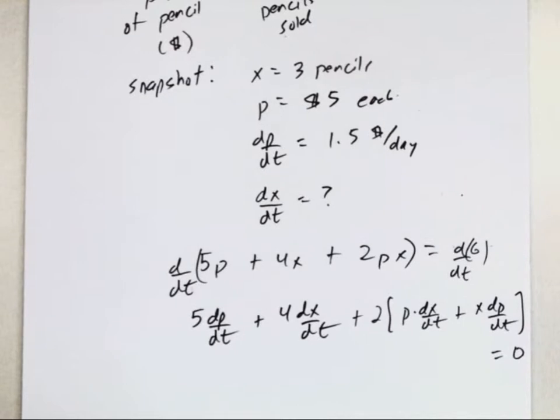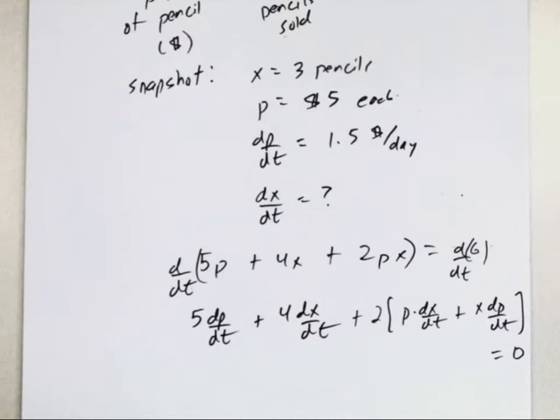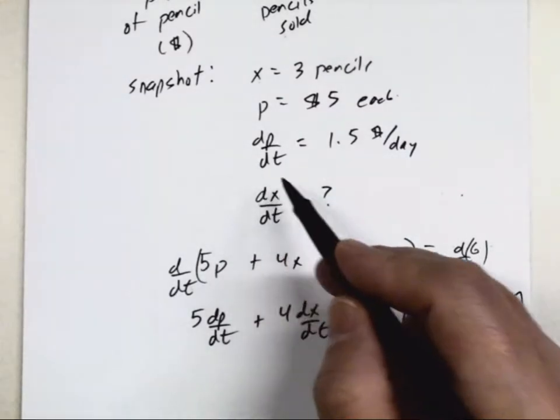Now the nice thing is, in problems like this, normally you don't have to simplify and factor. At this point, I think it's easiest just to plug in your numbers, because they should give you the numbers for all these different variables or terms except for one. And the only one they don't give you is the one you're going to have to solve for. So what have they given me? They've given me x, they've given me p, and dp/dt.